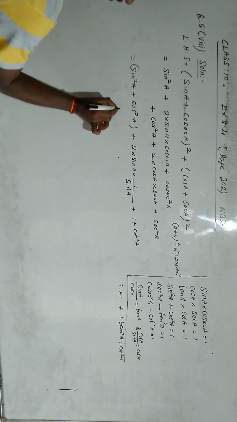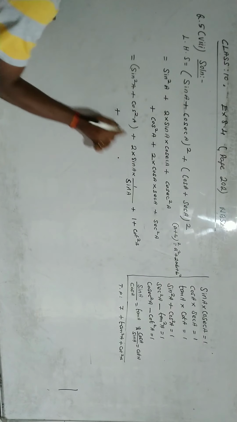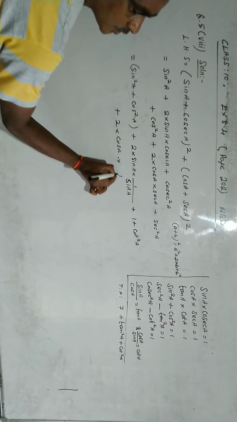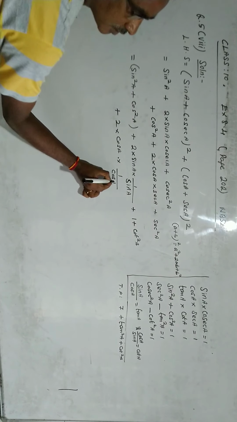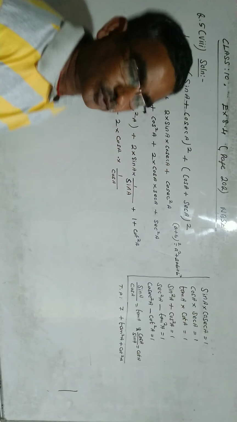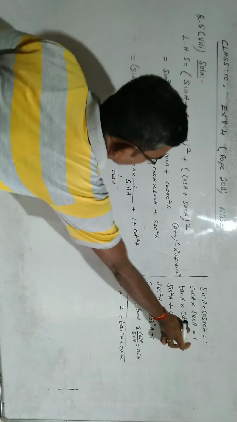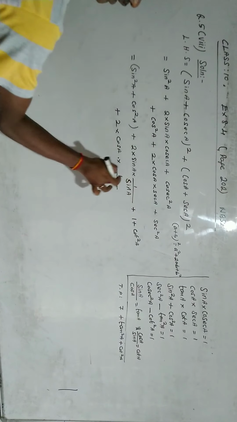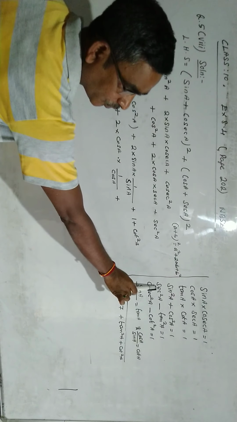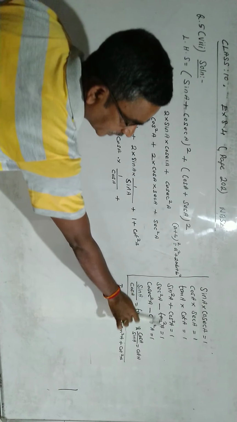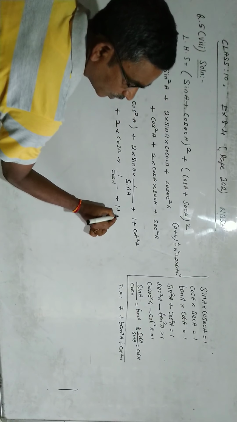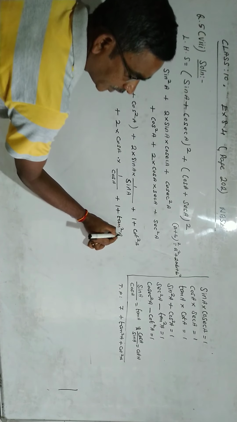Plus cos square taken here. So here 2 into cos a into secant, which is 1 by cos. See that? Cos a into secant a is 1. Secant equal to 1 by cos a, or you can say cos a into secant a is 1 and put it directly. Plus secant square a. Formula number 5: secant square a minus tan square a equal to 1, so secant square a equals 1 plus tan square a.